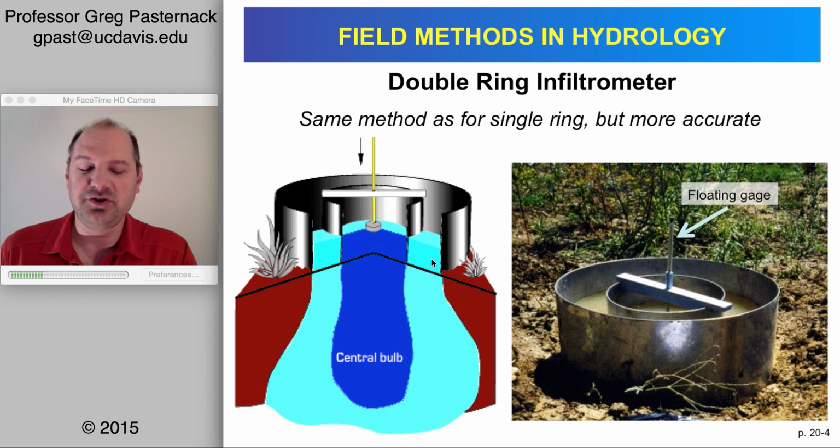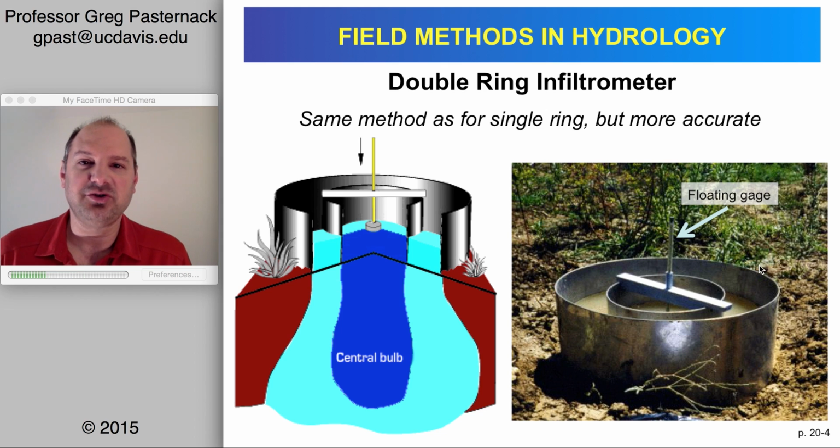So the double ring infiltrometer solves that by creating a ring inside of a ring, and then we only measure the infiltration for the inner ring. We allow the outer ring to create like a donut of water that's infiltrating down at the same rate, at the same time, in the same way as the central bulb here. This thing in the middle is just a float with a ruler on it, suspended by this setup, shown in this photo, so that as water is infiltrating, you can read that value. Now this is set up here as a falling head infiltration test,